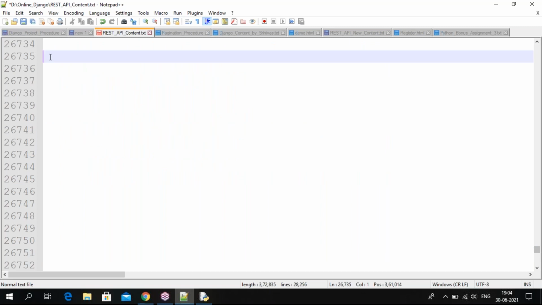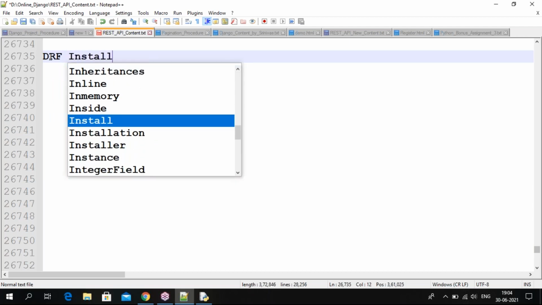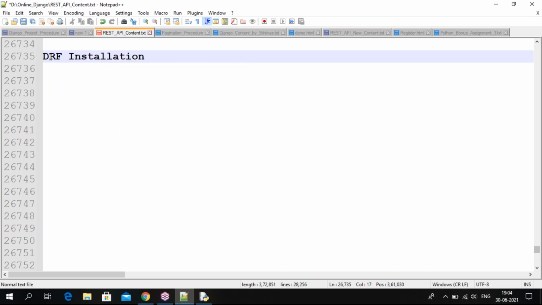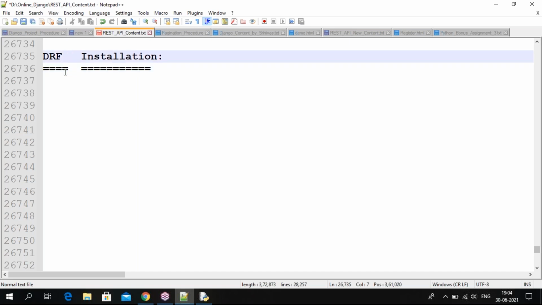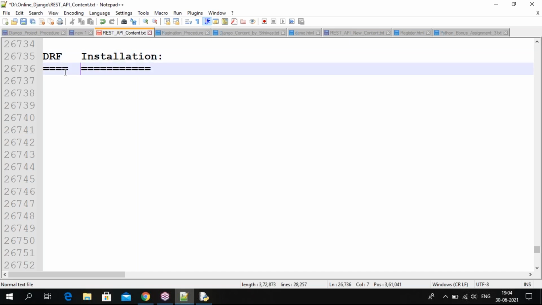Yes guys. So here, Django REST framework installation. Now we are going to discuss the Django REST framework installation. If you want to do the Django REST framework installation, we require one third-party module.